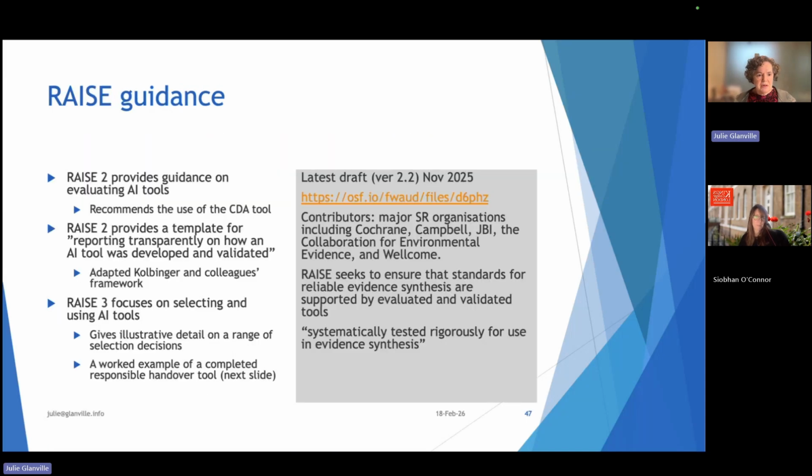And just wanted to finally mention the RAISE guidance. The RAISE guidance has been developed and endorsed by a range of major systematic review organisations, including Cochrane, Campbell and the JBI. And RAISE is all about the use of AI in evidence synthesis,